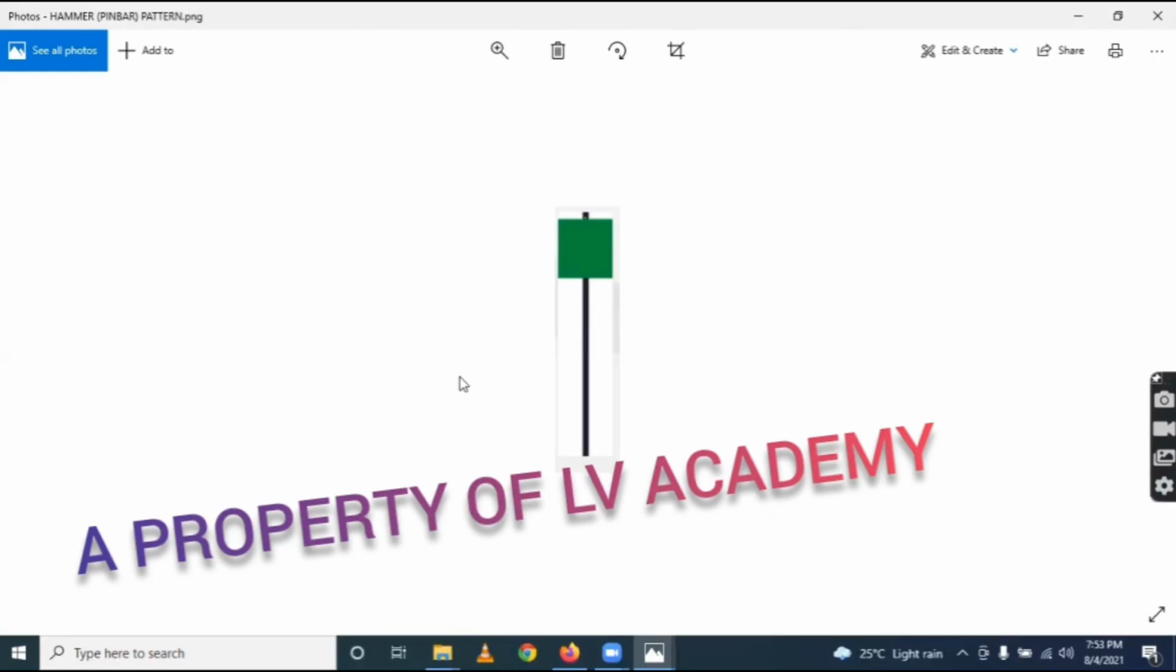So the psychology behind this pattern is that sellers were pushing the price downwards. Let's say the market opened here, then sellers pushed it downwards. Then buyers pushed it back up, above the opening price. But it is more visible, unlike the doji. That is the difference. It's like a hammer. The body is still a little bit thick